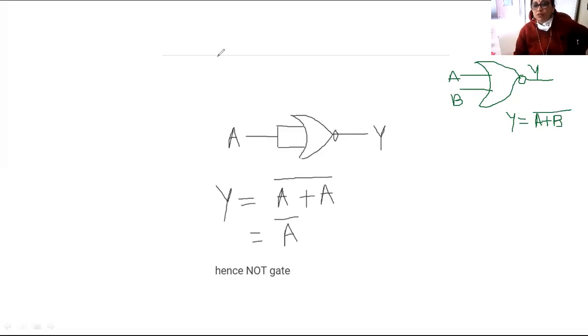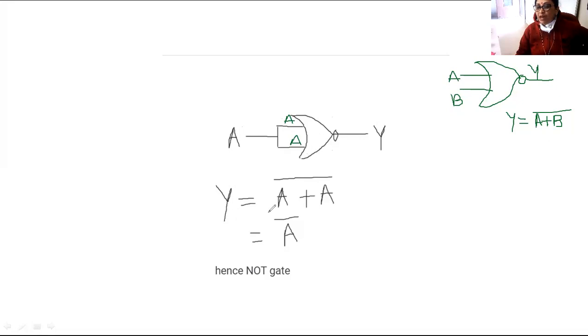Okay. So now we are going to build NOT gate using such a NOR gate. So it is very similar to NAND gate. What you have to do is just connect the two inputs of the single NOR gate with each other and take it as a single input. Okay, so this will be A. Similarly, this will be A. This also will be A.